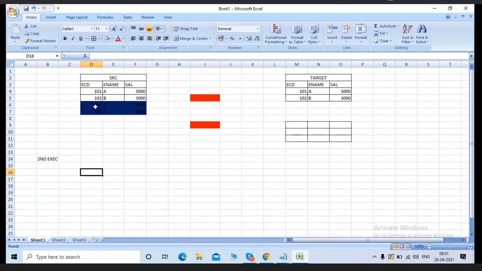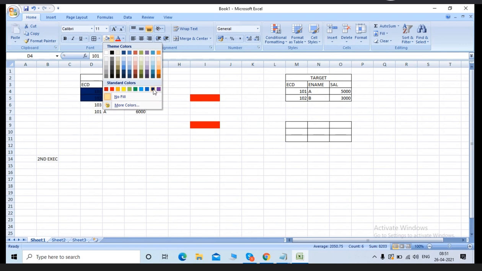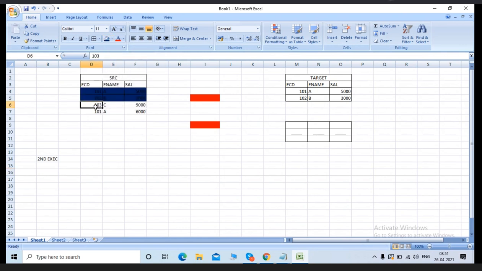For the second execution, meaning for the new feed. Now in your second execution, your new feed is only these two records. Right, from the second execution onwards,